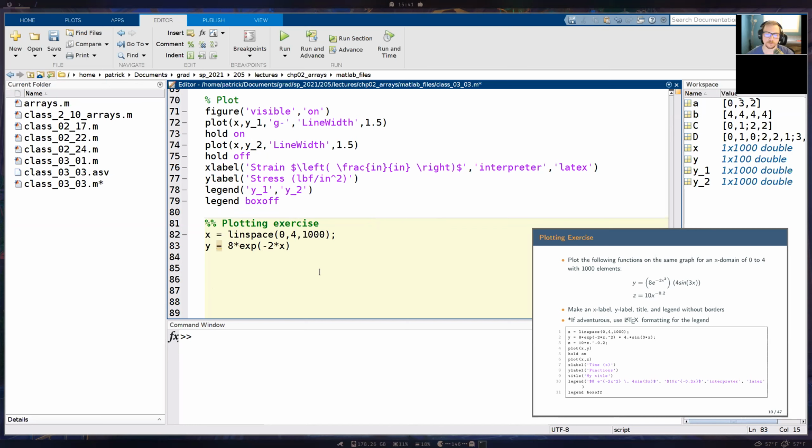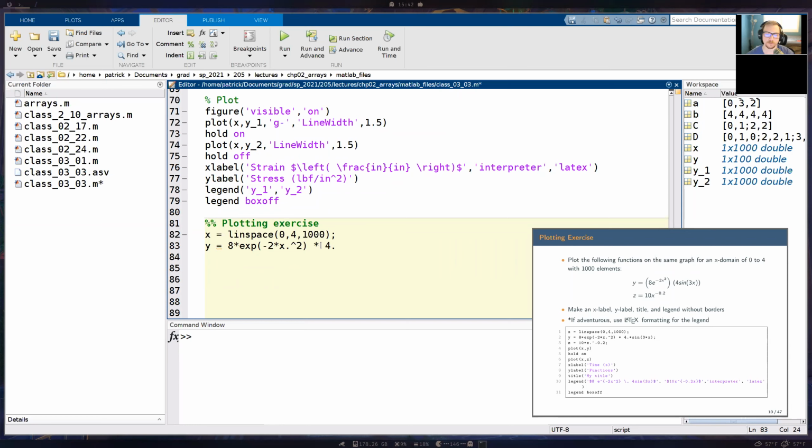Because it's a vector and we're doing x squared, or really x times x, we have to do element by element operations. So make sure that you put in that period before the exponent, or before the caret. Then we have times 4 times sine of x.